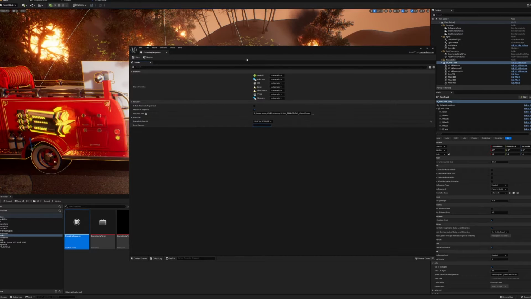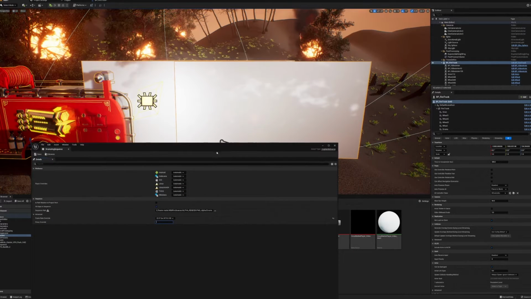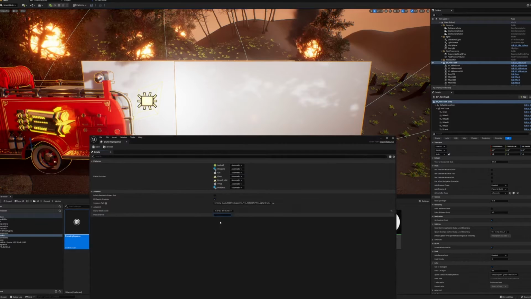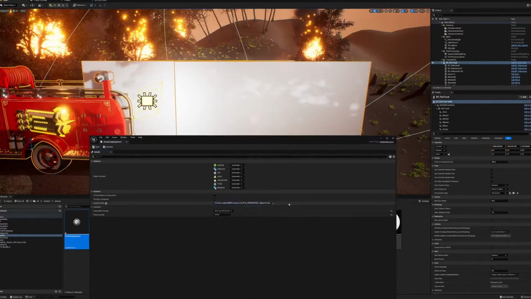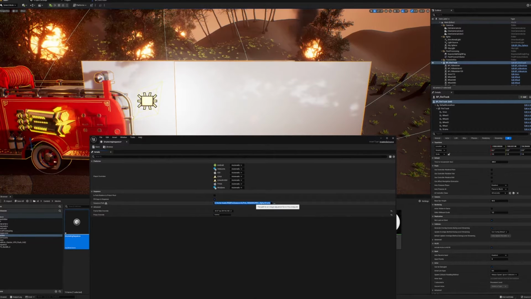So the Proxy Override takes whatever footage you have and reloads a smaller version in. I had to re-render out a version of my 4K PNG sequence to a much smaller resolution, like 480p or something like that, just so the computer wouldn't struggle when it's playing back. Then I set up the proxy to look at that folder. I just made a folder called low res within this folder right here,